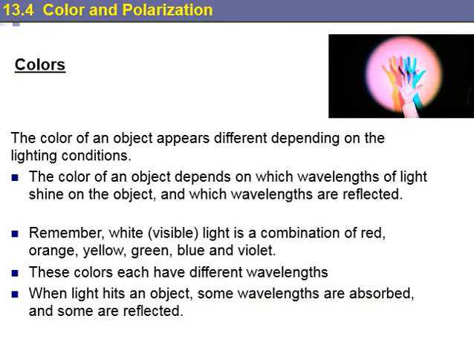Good morning, everyone. Today we will start with section 4, color and polarization. First of all, we will talk about color. We know that every object has a color. So the color of the object depends on what? What do you think? It depends on two things. What are they? First of all, it depends on the light you shine on it, and secondly, it depends on